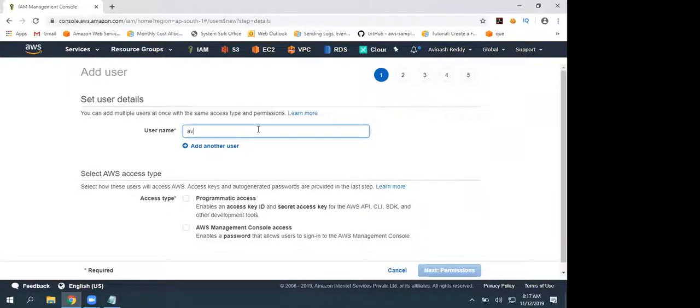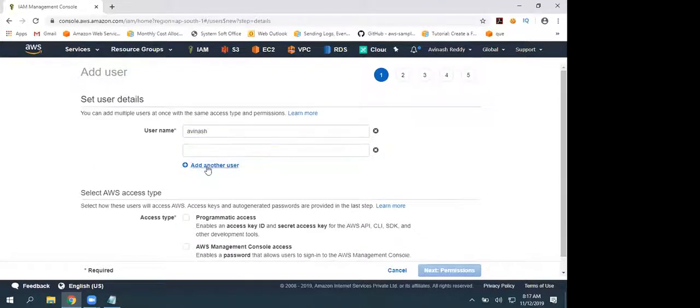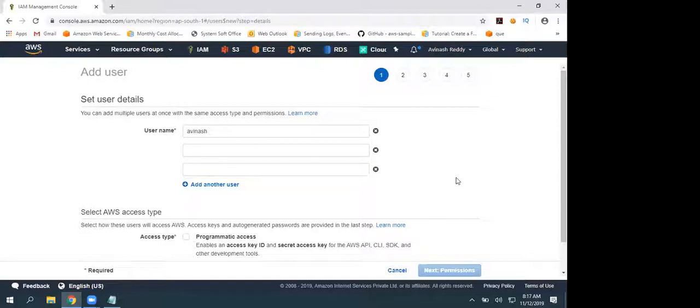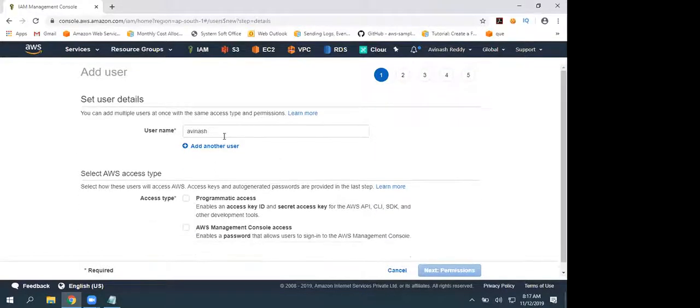So first I'm going to create a user called Avinash. If you want to create multiple users, yes, add another user, but all these users are created with the same level of permissions, because in the next step, step 2, you add permissions.